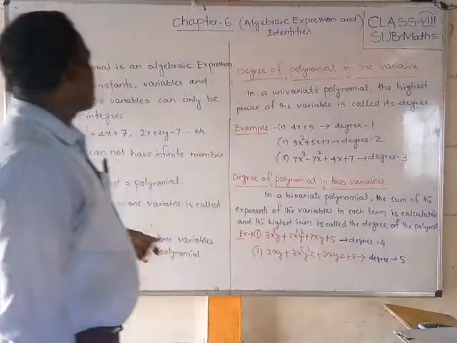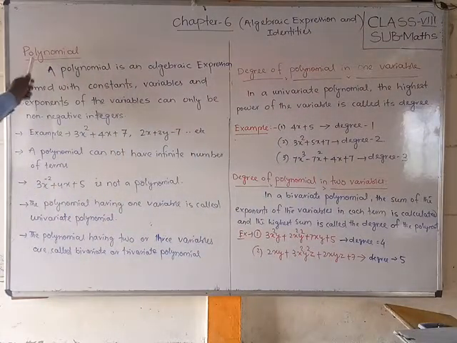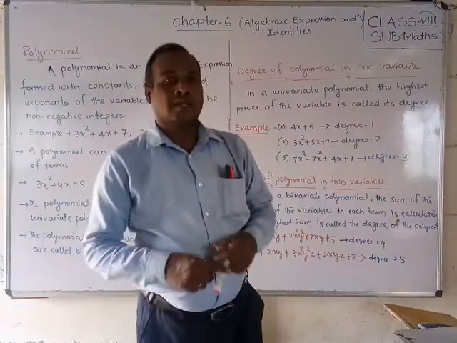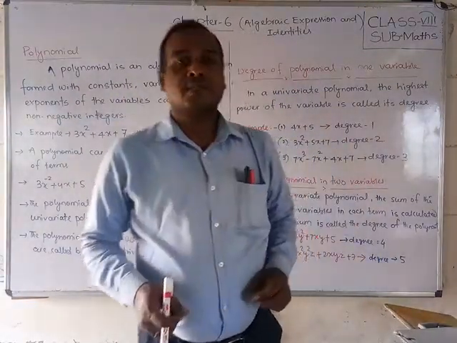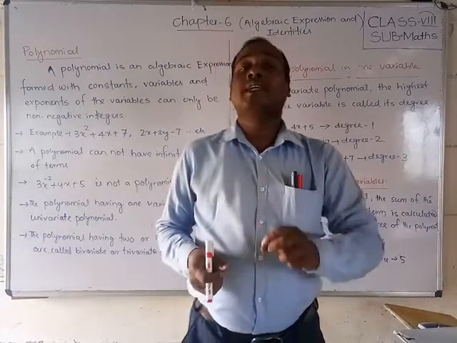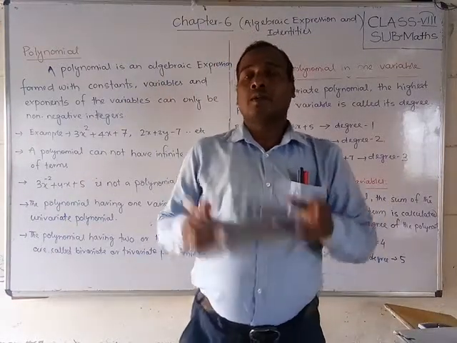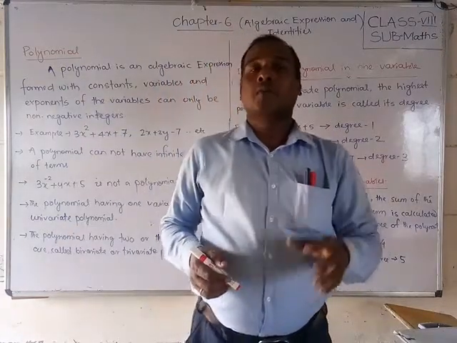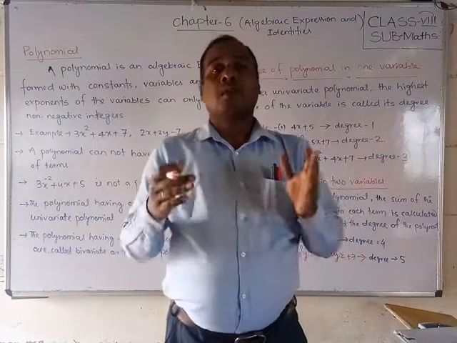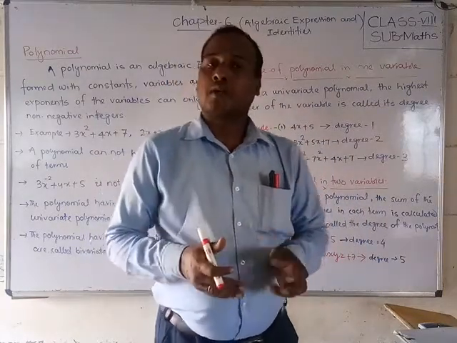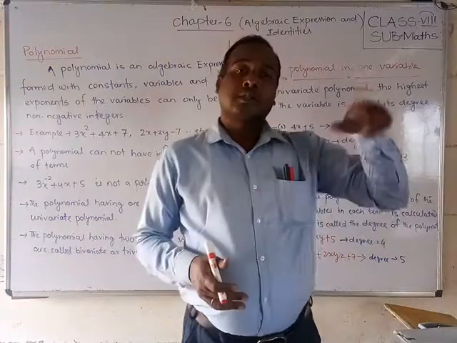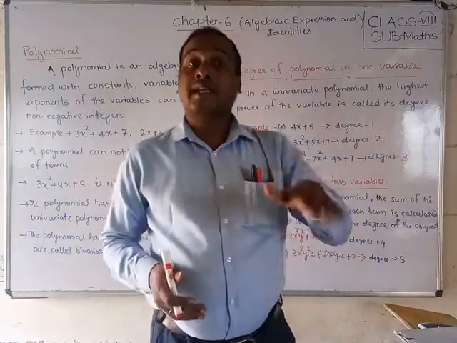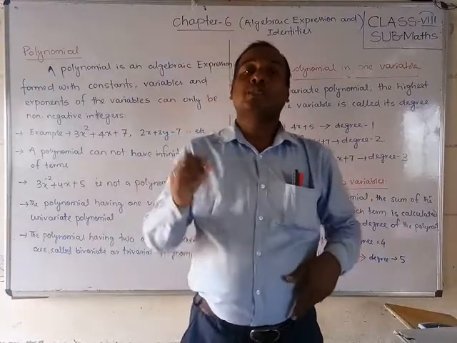Okay students, before going into the chapter, first we have to discuss what a polynomial is. I have already told you in the previous chapter. A polynomial is nothing but an algebraic expression having non-negative integral powers. That means if the power is a whole number, then the algebraic expression is called a polynomial. An algebraic expression can have negative powers also, but a polynomial should not have negative powers. It should be positive integers.